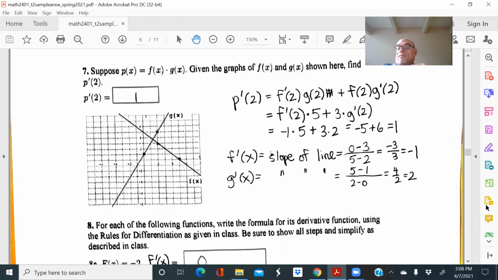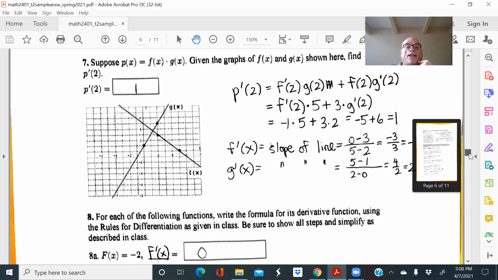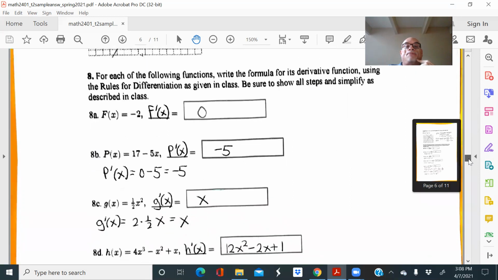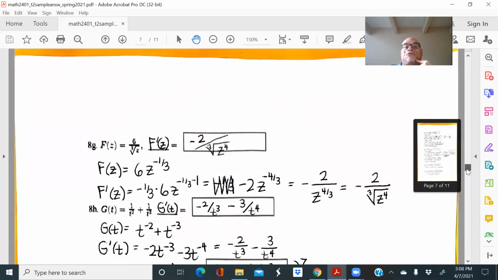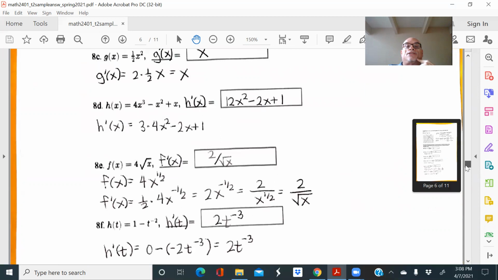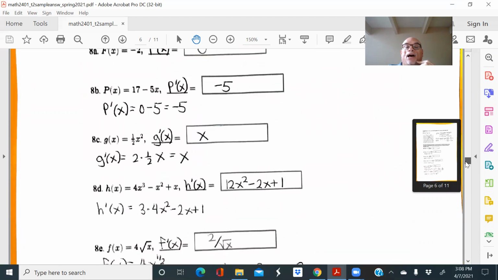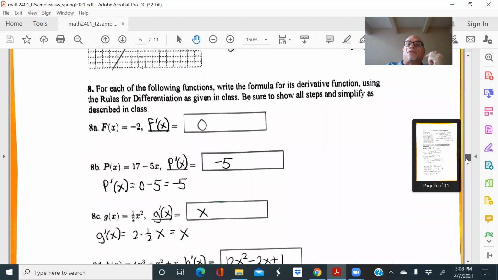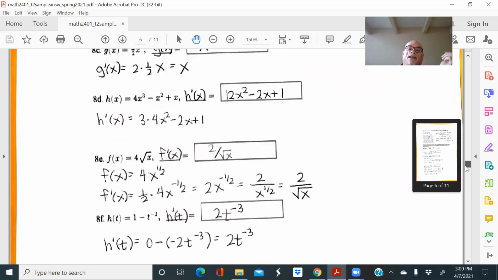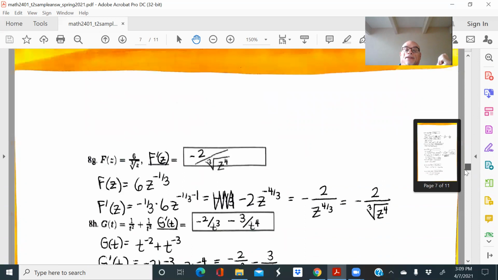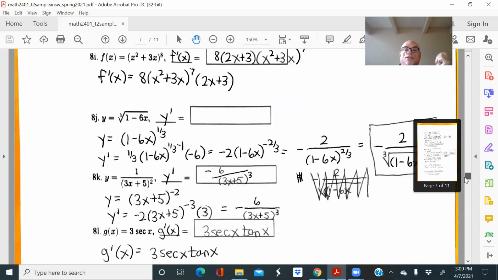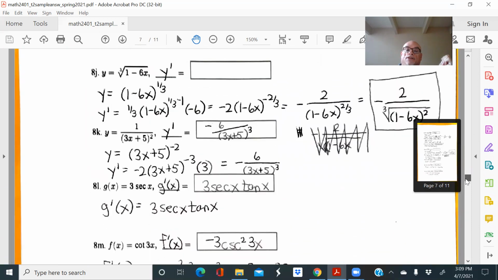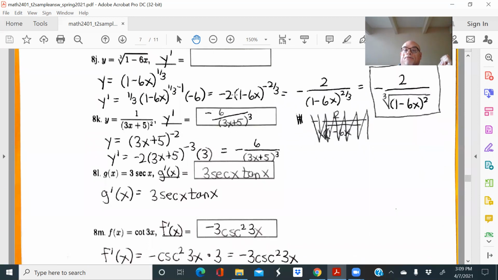Okay, now for problems 8 and 9, these are all just differentiation problems, right? I'm not going to go through them one by one, there are too many. I've got all of the steps written down on the review, so you can look at the steps on the review sheet to see how to compute these derivatives. I don't really have to go through these steps. You can read them off of the